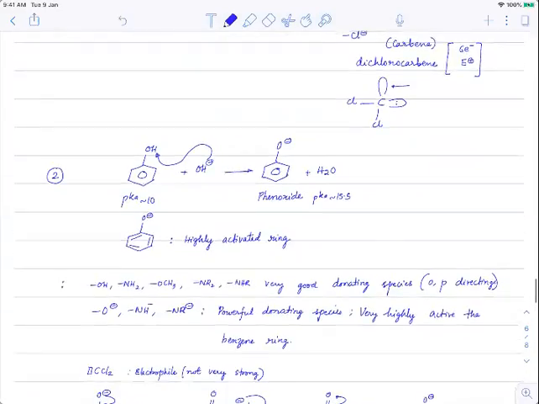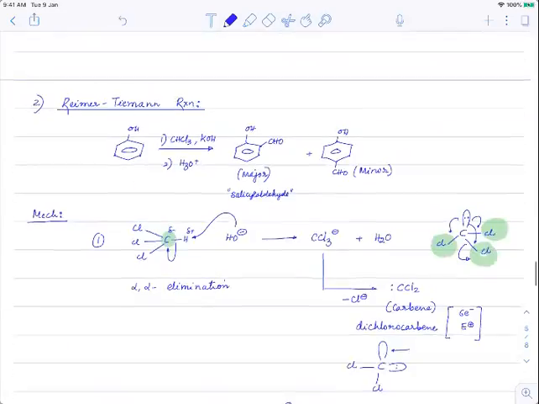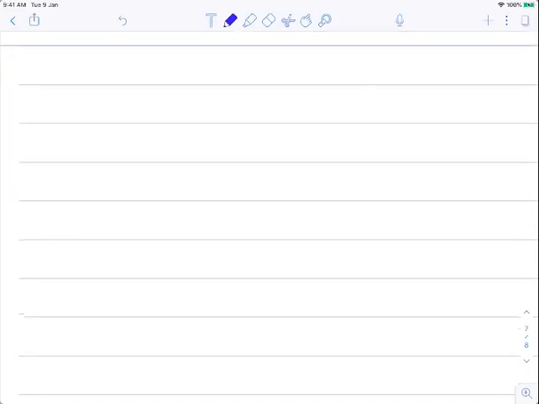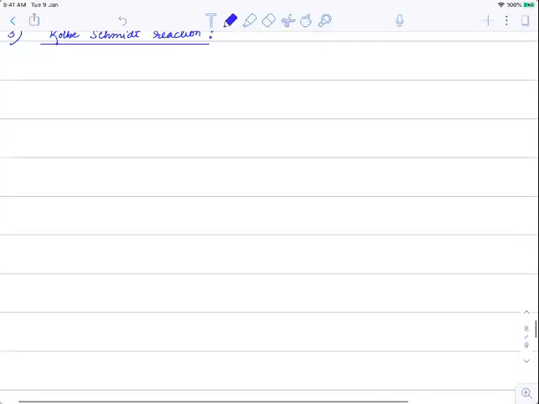So I think these 2 pages are completely dedicated to Reimer-Tiemann. These are the types of Reimer-Tiemann that are asked. So I guess you understood. Now we'll see the next type of reaction. This is Kolbe-Schmidt. Kolbe-Schmidt reaction. So let's see what happens in the Kolbe-Schmidt reaction. We have phenol,